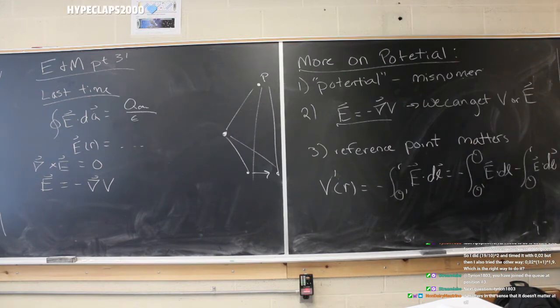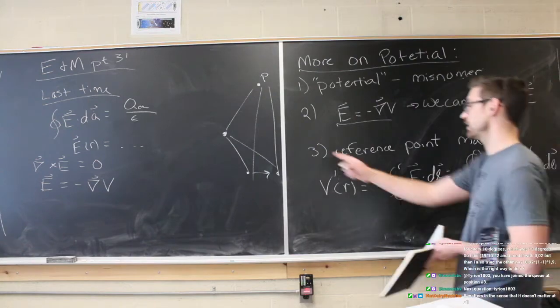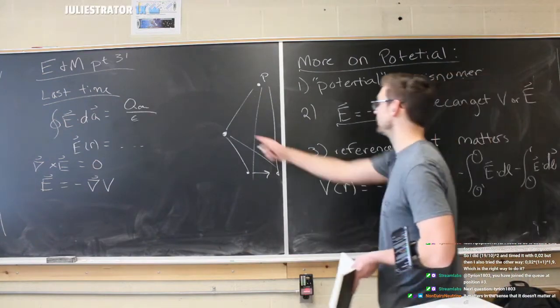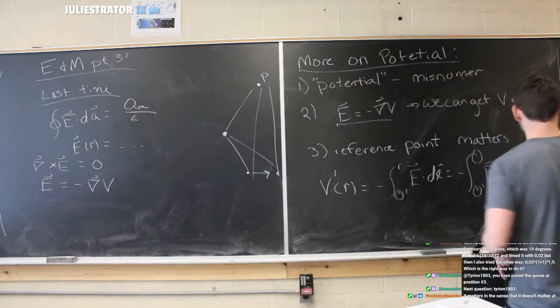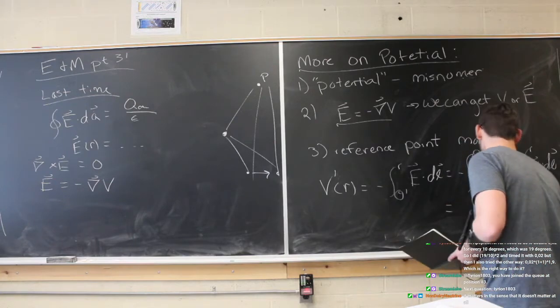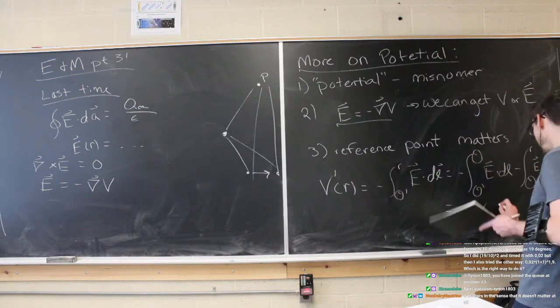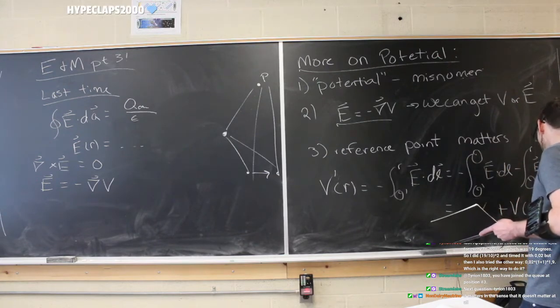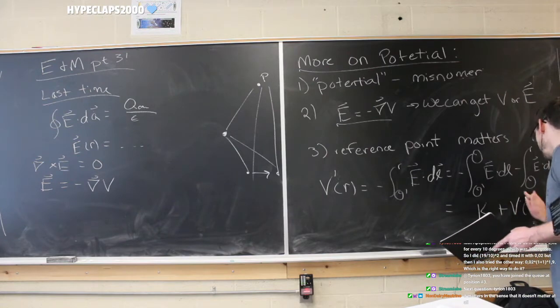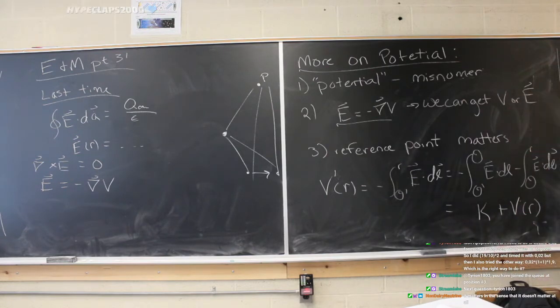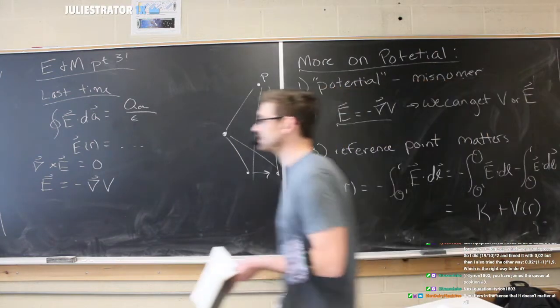And what we found here is that this just turns out to be our old potential. The potential from one point with respect to one origin versus the potential from the other. So this just became some constant, because it's just a line integral from one origin to another origin. It doesn't really matter too much, but it's some constant plus the old potential. Oops, no prime. So now we have some constant plus our old potential. So where does that lead?